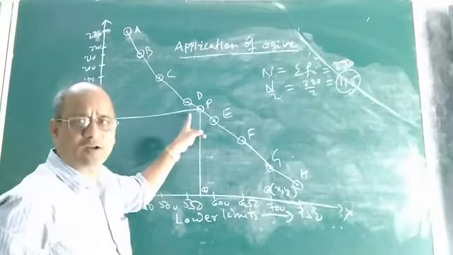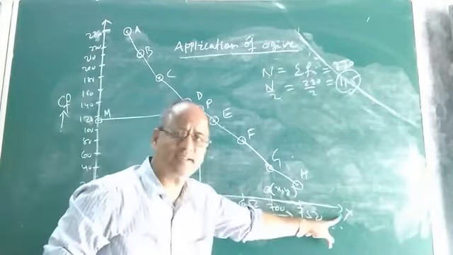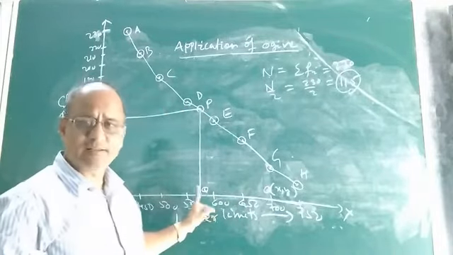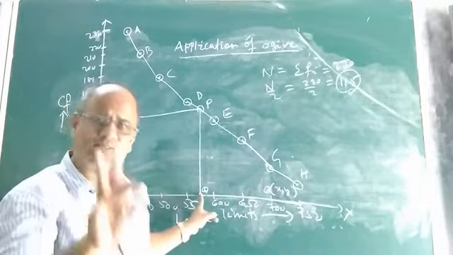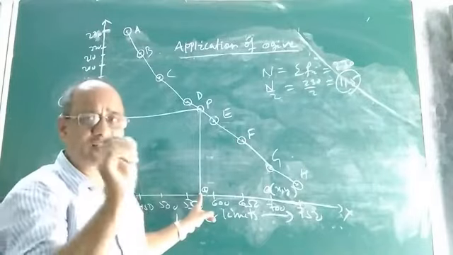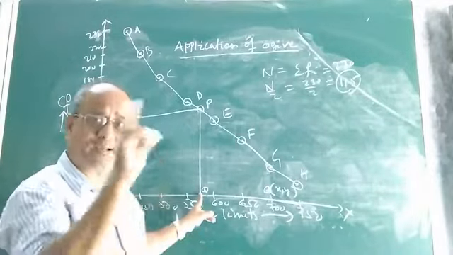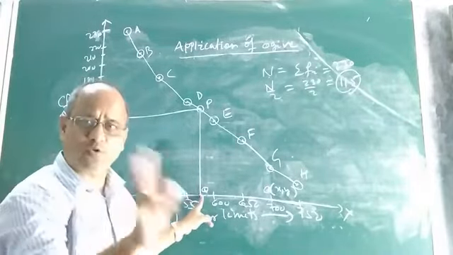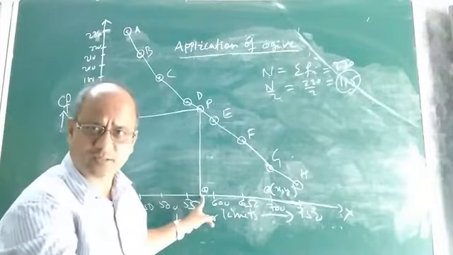Suppose this perpendicular drawn from the point P intersects the x-axis at the point Q. Then this point Q, how many coordinates will it have? It will have 2 coordinates, because in the coordinate plane or the Cartesian plane every point has 2 coordinates. One is the x coordinate, the other is the y coordinate.